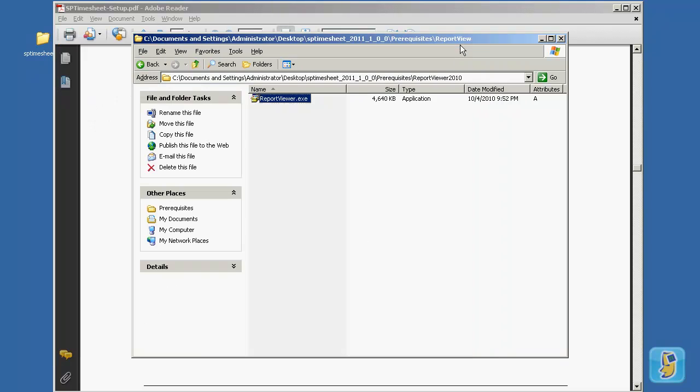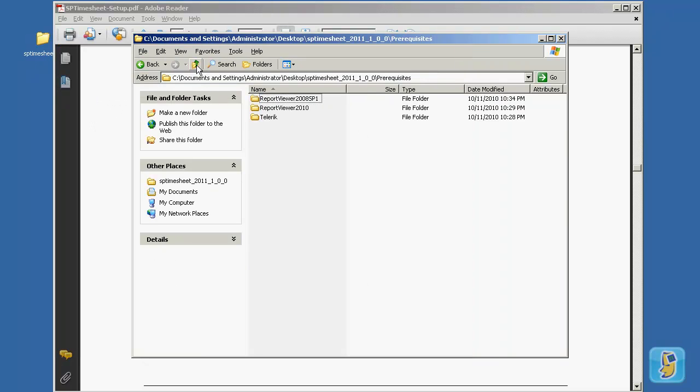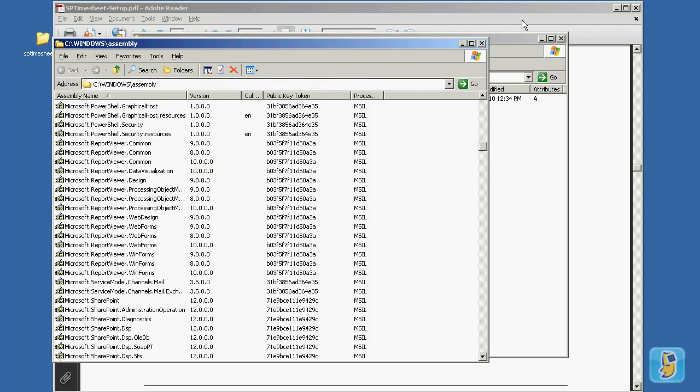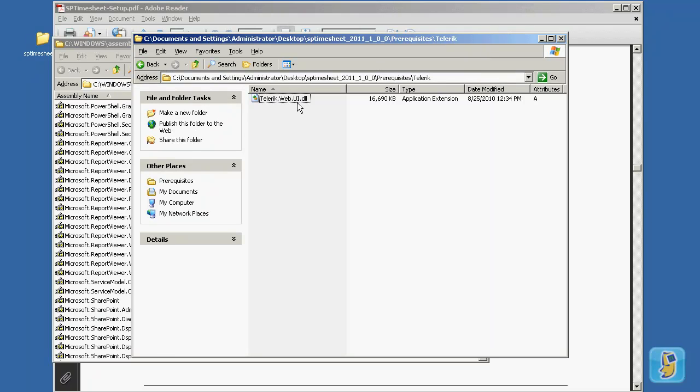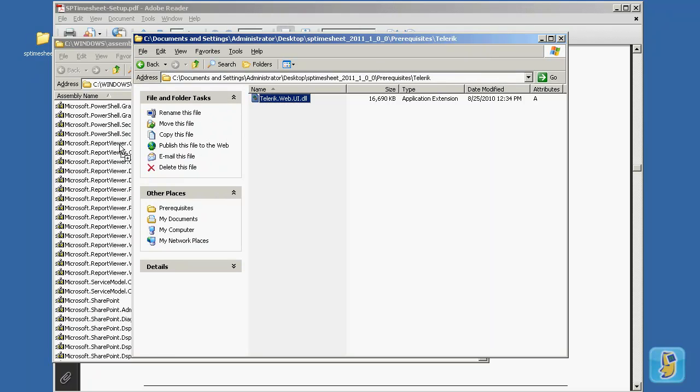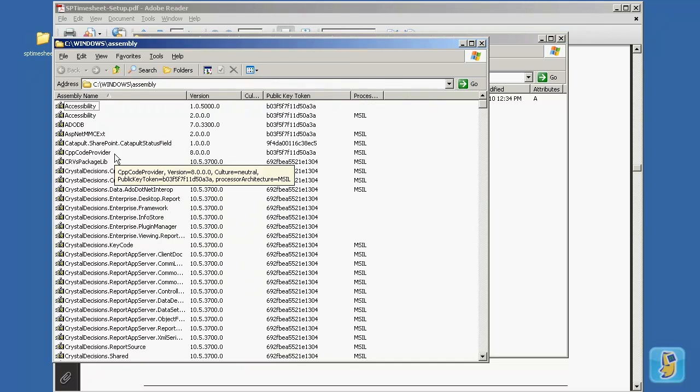Since we are in the assembly folder, we'll take the opportunity to also install the Telerik control. There is no installer, just to keep it simple, so just drag the DLL control inside the global assembly cache. Don't forget, you have to do